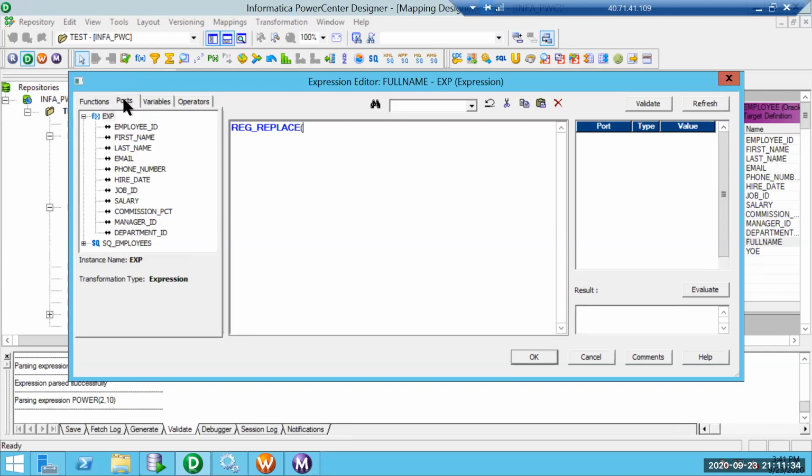Regular expression replace. What I'll do is, in email, I will remove anything between 0 to 9. Anything between 0 to 9, I will replace with an empty string.